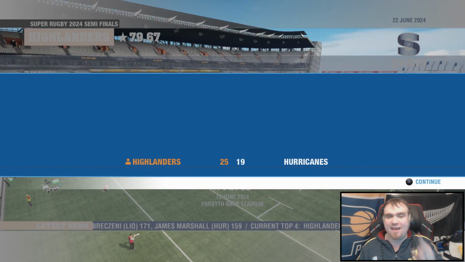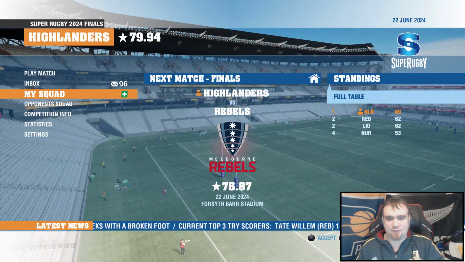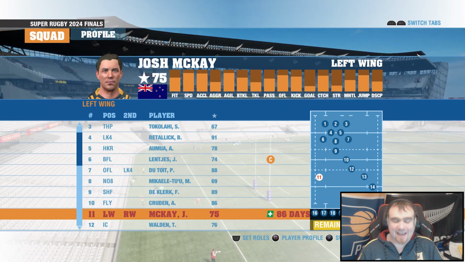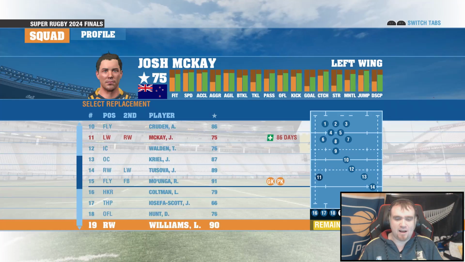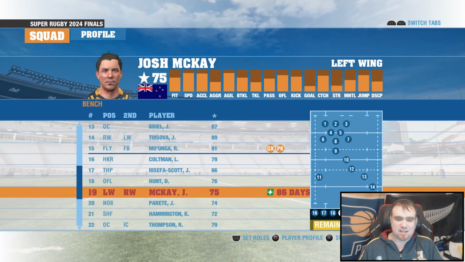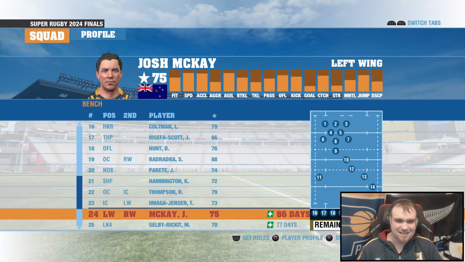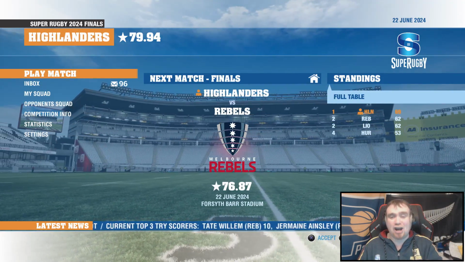We've not made the final either, but we've made 2 semi-finals. Now, we've made the final. The big dance. We have an injury on the left wing. Josh Mackay. I mean, I've just given it away because you know what Josh Mackay's rating is. Liam Williams is a 90. We'll bring him in. And Radradra can go back to the bench. Here we go. The grand final of Super Rugby